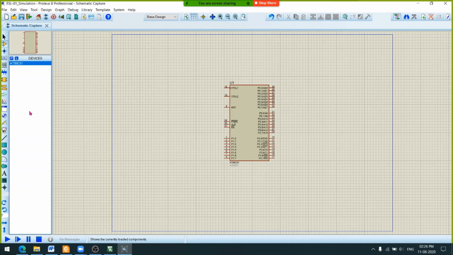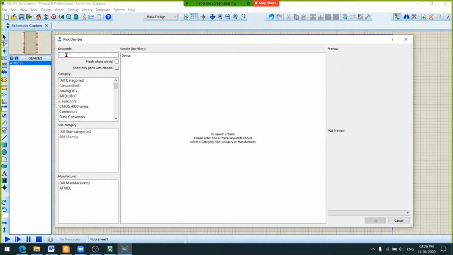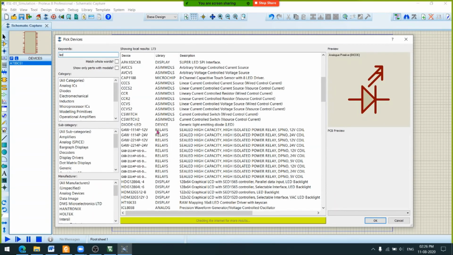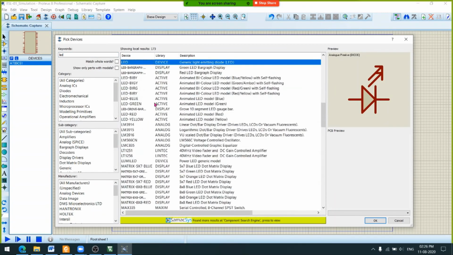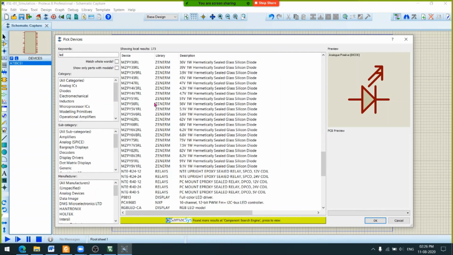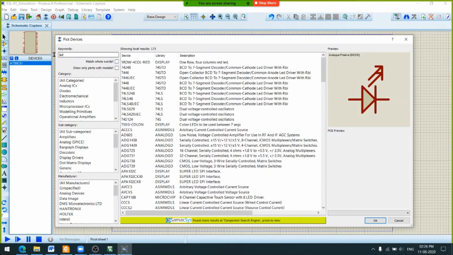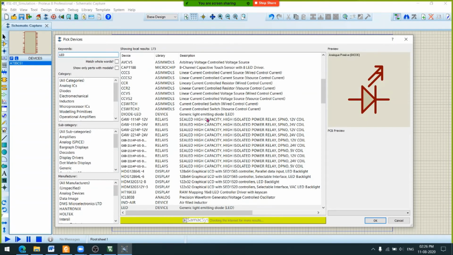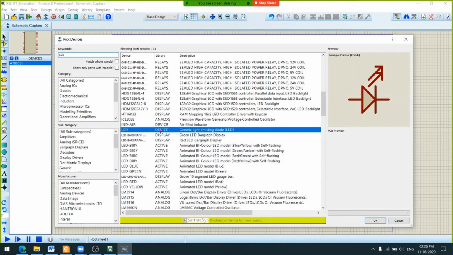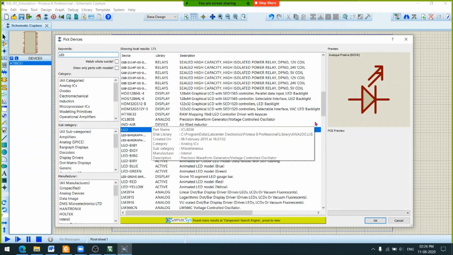Now along with this we need some LEDs. So we'll go to component, again P, and type LED. This one is a generic light emitting diode with a symbol like this.